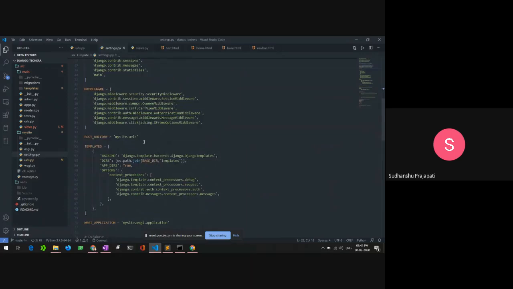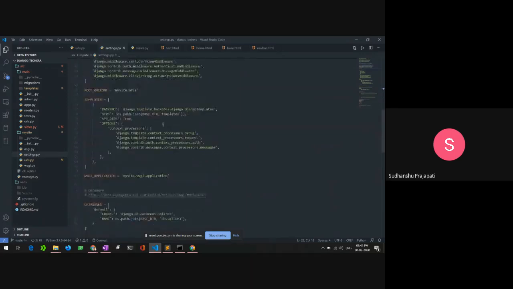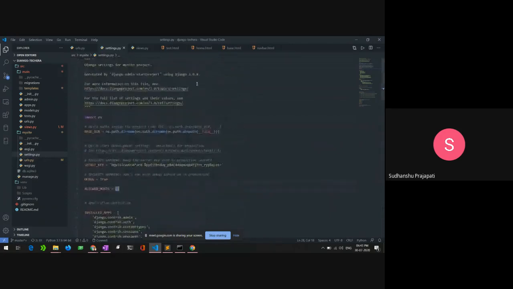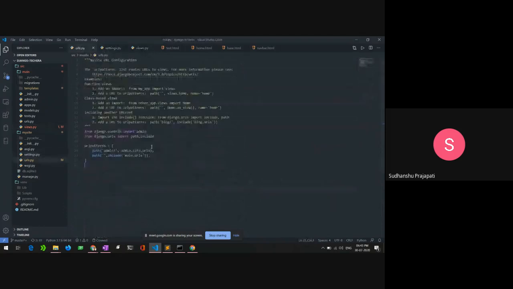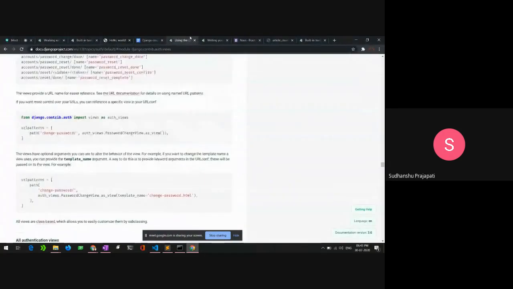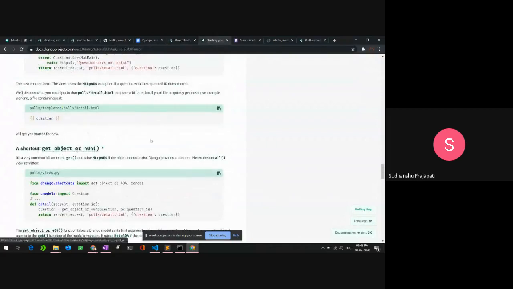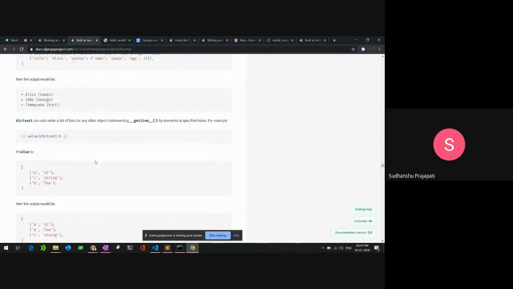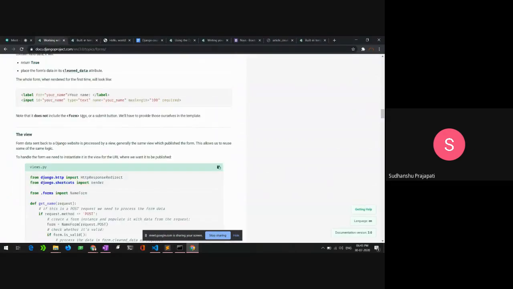I also set a template folder here. In the last class, I didn't set the templates, and that's all for now. What you can do is first learn more about the built-in template tags, use these tags inside your HTML template and figure out how they work.